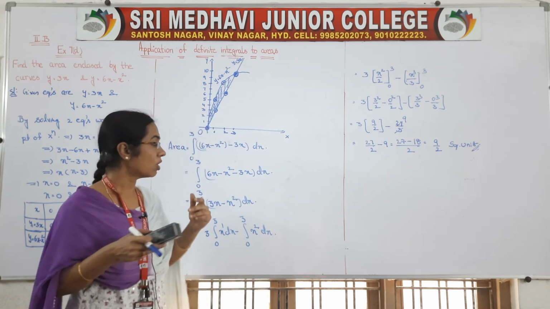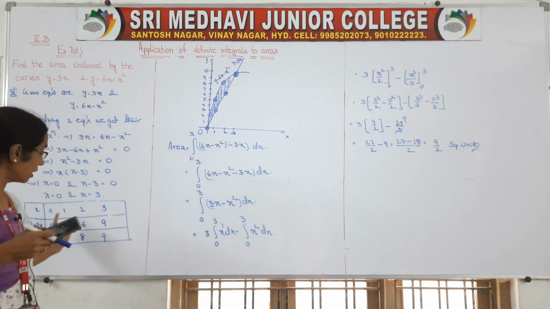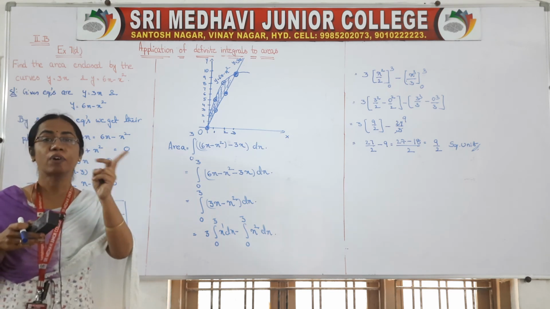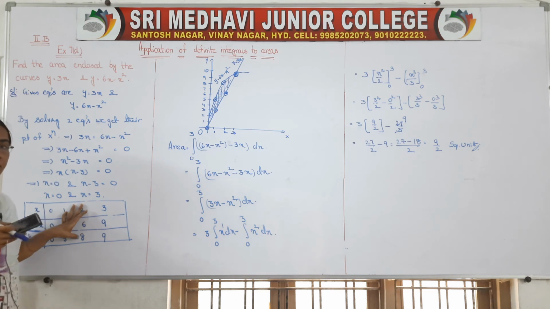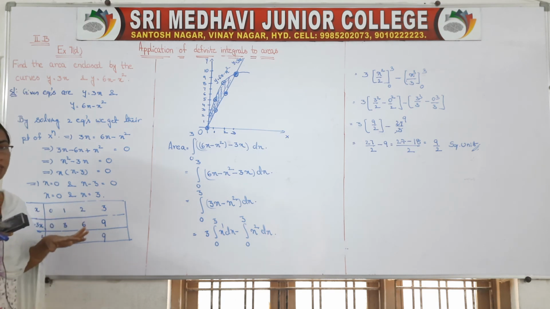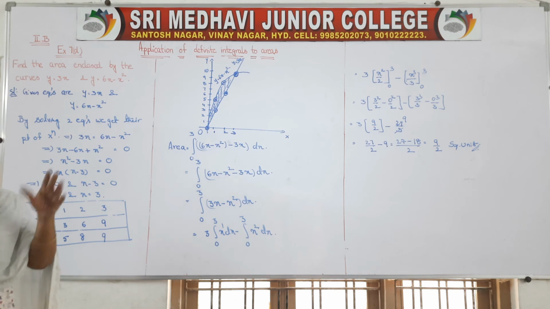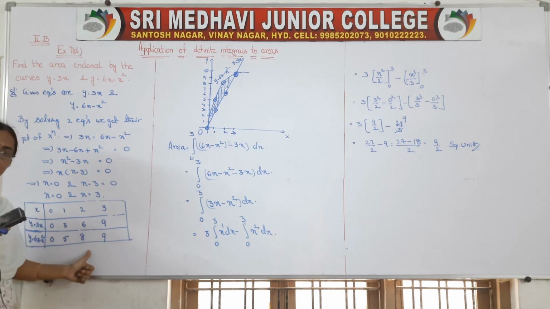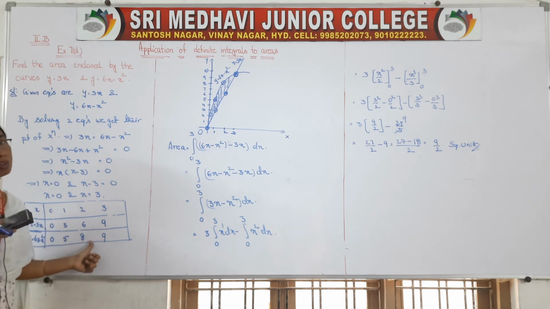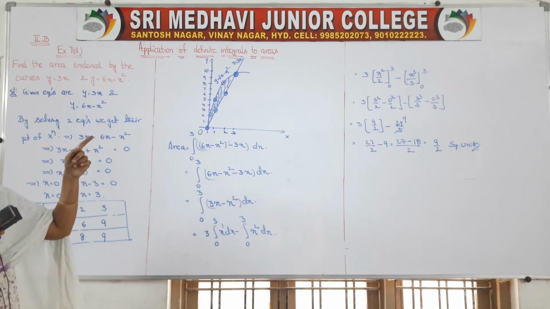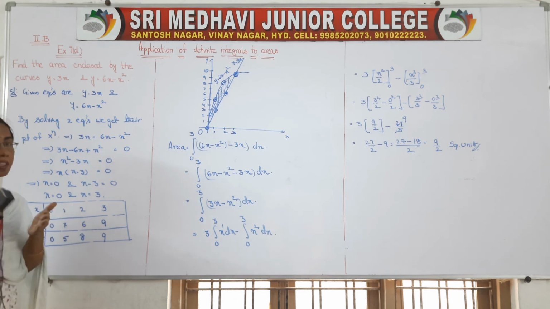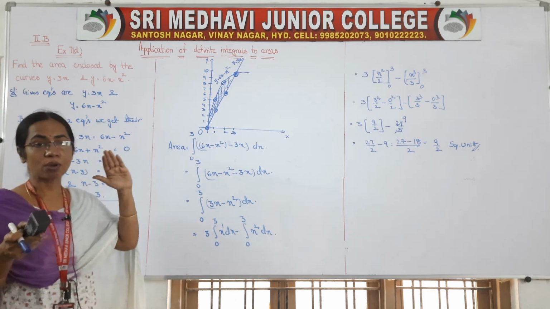Once you get the x values, construct the table by taking those x values. Here two equations are given to us, one line equation and one curve equation. That's why your table contains 3 rows. Generally it contains only 2 rows, isn't it? The x value and the curve value. But here we have x values, line equation values and curve values. Locate the points. First take one thing and join them. Don't locate all the points at a time. First finish one curve, then finish the other curve, then there will be no confusion.